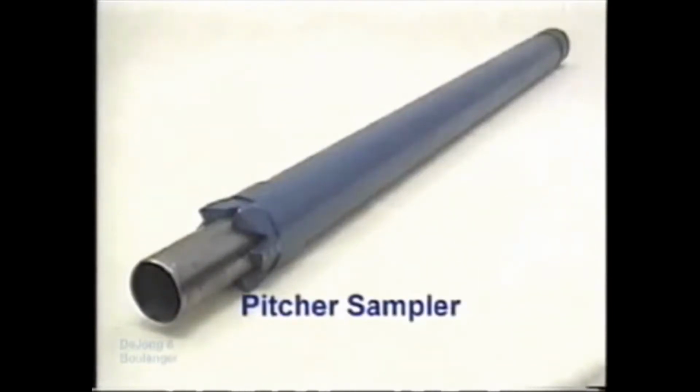Thin-walled tubes generally cannot be used in very stiff or compact soils without damaging the cutting edge or buckling the tube. Even if a tube could penetrate such soils, the resulting disturbance would be excessive. Under these circumstances, the pitcher sampler, in which rock coring techniques are adapted to tube sampling techniques, may provide better